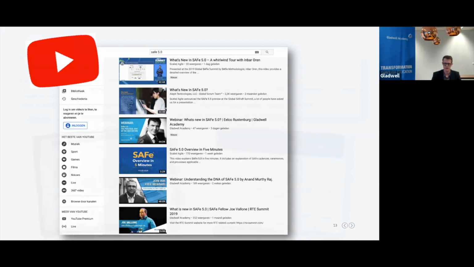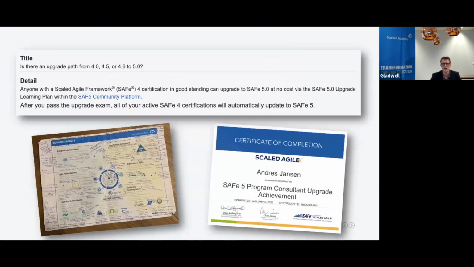Okay, nice movies. A little bit about how I achieved my 5.0 certification. Everybody who has a certification and is in good standing is able to upgrade to 5.0 for free. What I did, just sharing that, is I printed out the overview, which you see at the bottom left, watched the movies, read the article, and made some notes for myself in a combination of Arabic and Japanese, which kind of works for me.